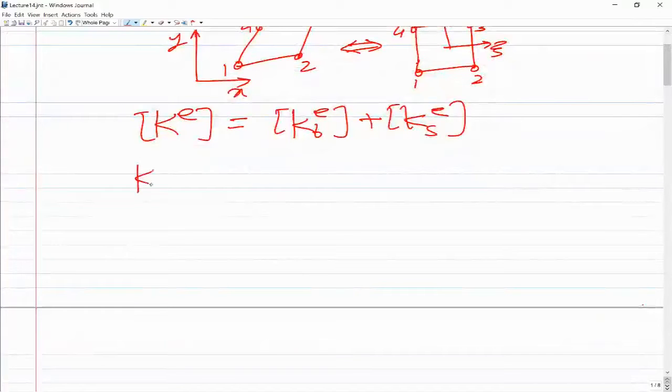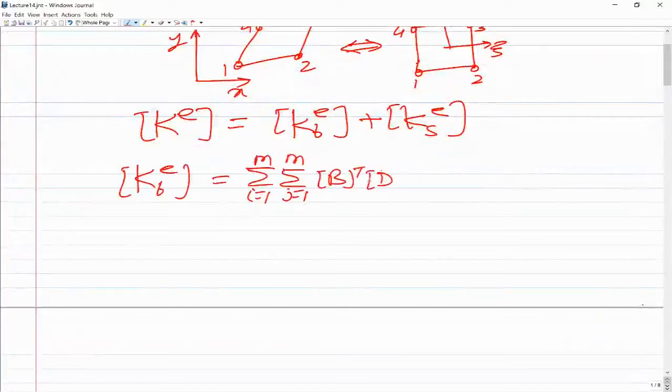So we know that the bending part of the stiffness matrix, when we do the numerical integration, is i going from 1 to m, j going from 1 to m, and then we have B transpose D B into the determinant of the Jacobian matrix evaluated at xi i, eta